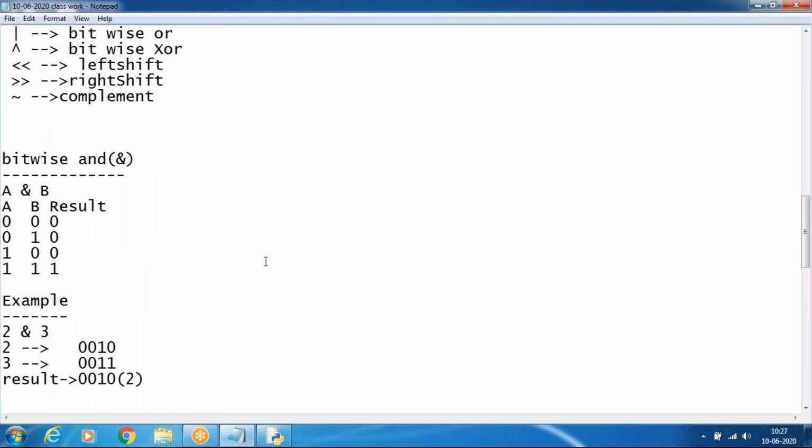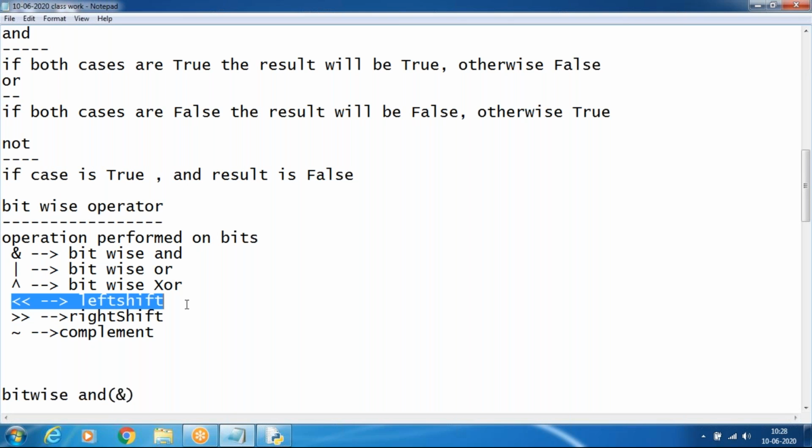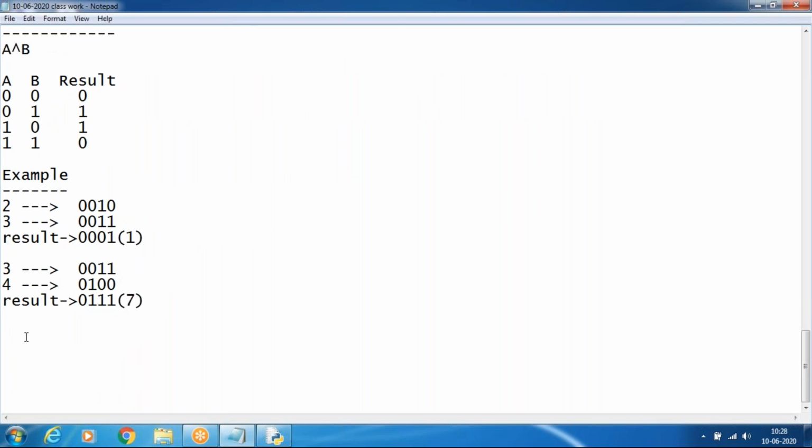Next one, left shift and right shift. So see the left shift. Left shift: n shifts s. Here n is the value, and s is the shifted bits.